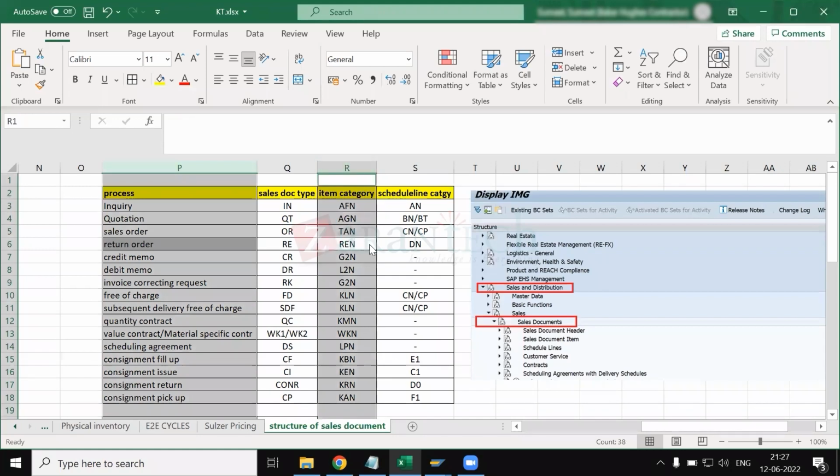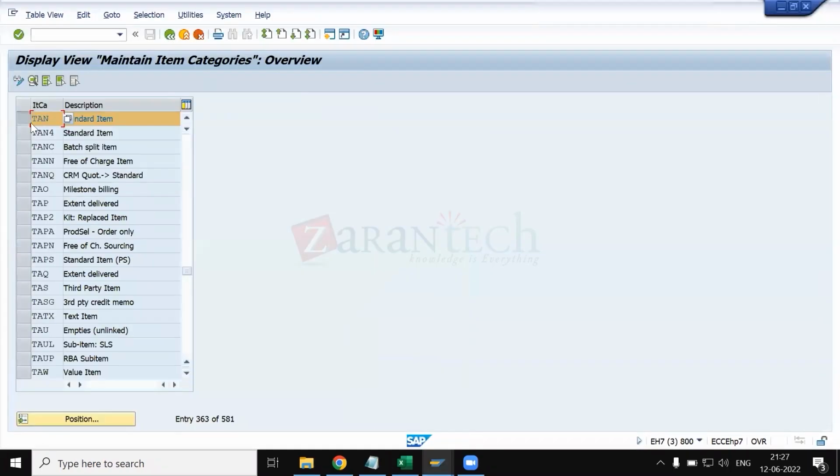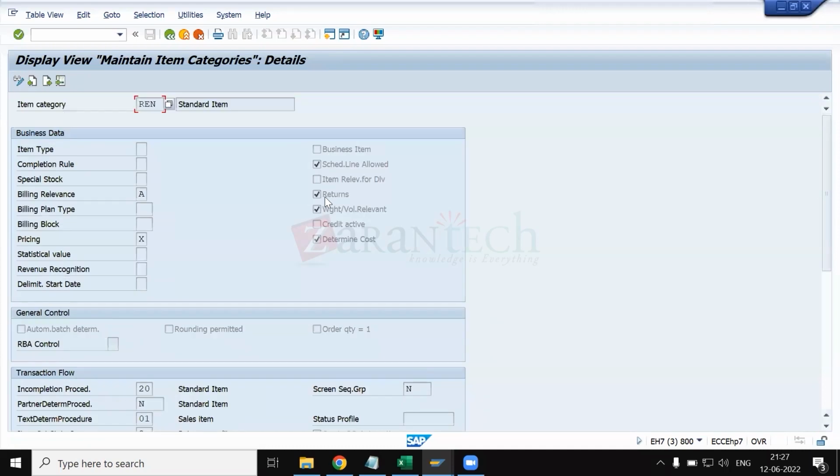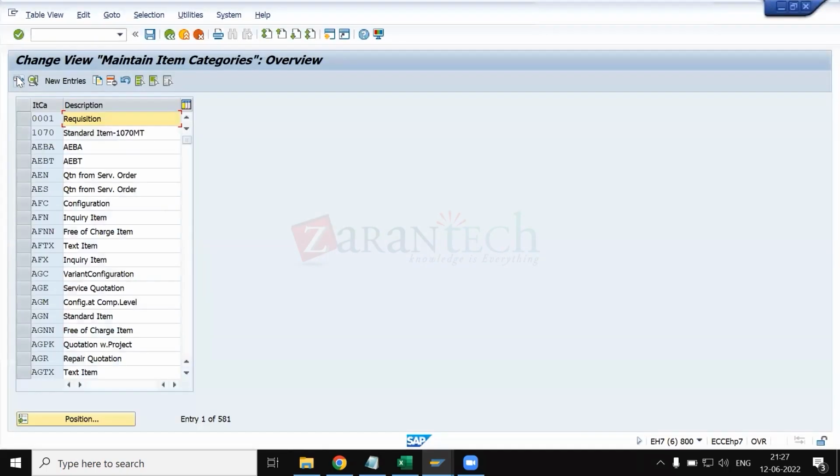So let me quickly go back to the item category and I will check REN, which is for returns order, right? Standard item. I will just select it. If I go to the details, yes, you can see here the check is applied, right? If I compare with VOV7 with the standard recommended item category as TAN,